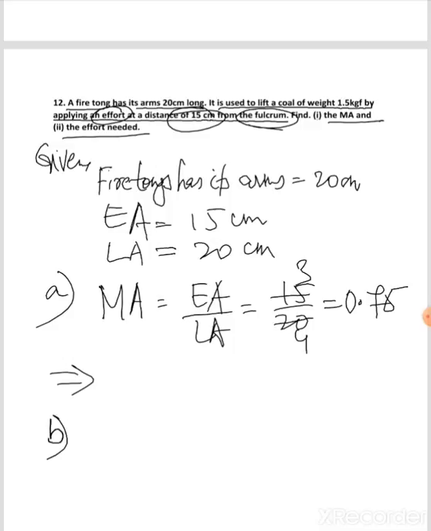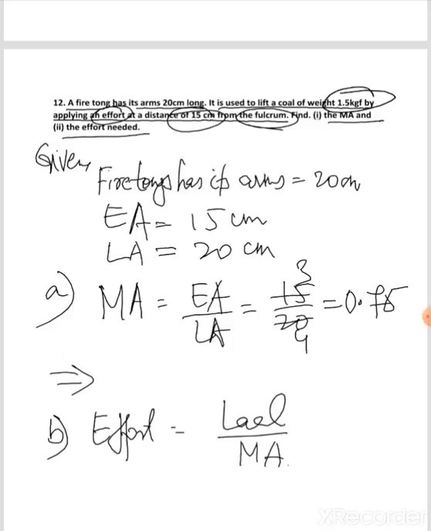All right. And number B, what do you have to find? You have to find the effort. Now you know the formula to find effort, isn't it? Effort equals load by mechanical advantage, right? And the load, the weight of the coal, is given, that is how much? 1.5. So that will give you 1.5 divided by 0.75, that makes or gives you